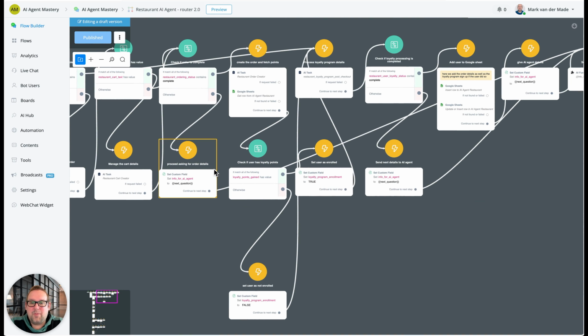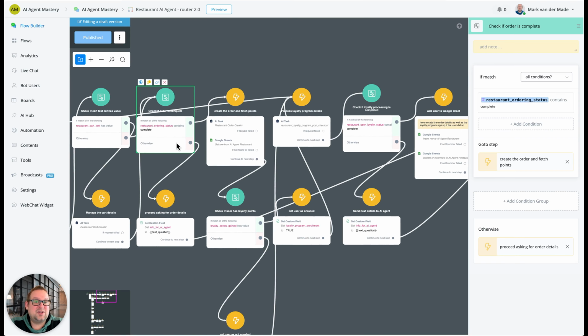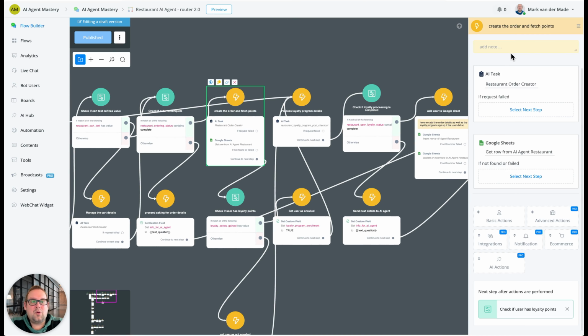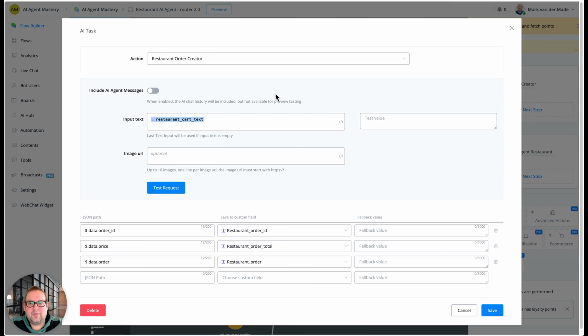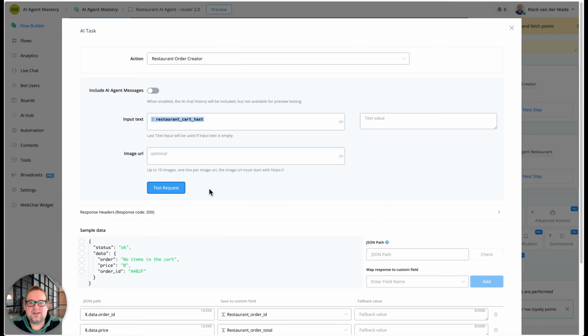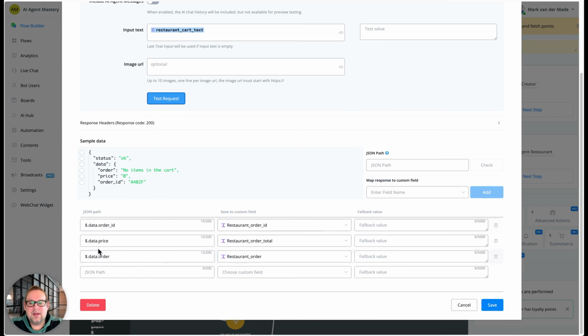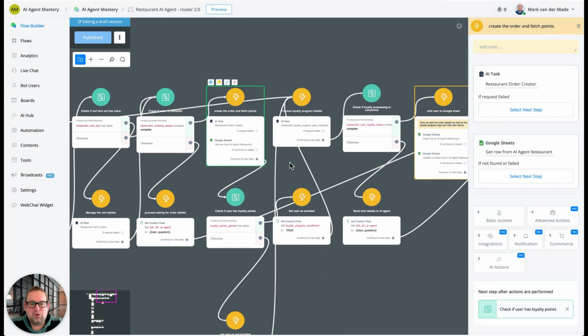Now, if we go back, if the order status has been set to complete, the ordering has been completed and the user wants to check out, we're going with the restaurant order creator. If we take a look inside this one, if we say test request, then you will see that we get the order, the price, and the order ID back. As you can see, it's completely auto-generated. We are going to map this with the order ID, the order total pricing, and then the order details. And this will be used to